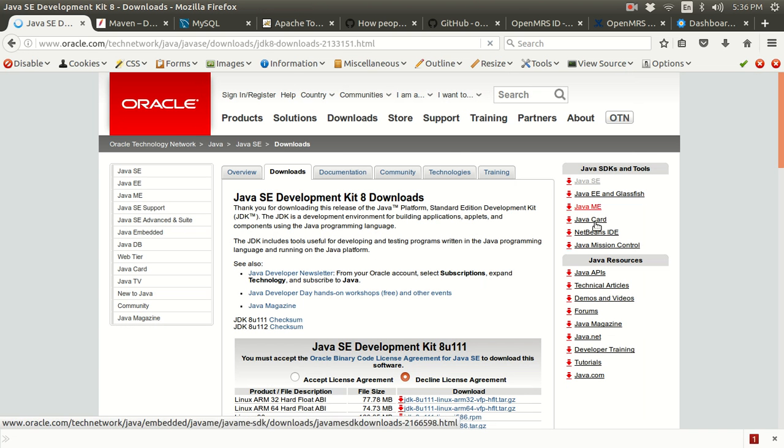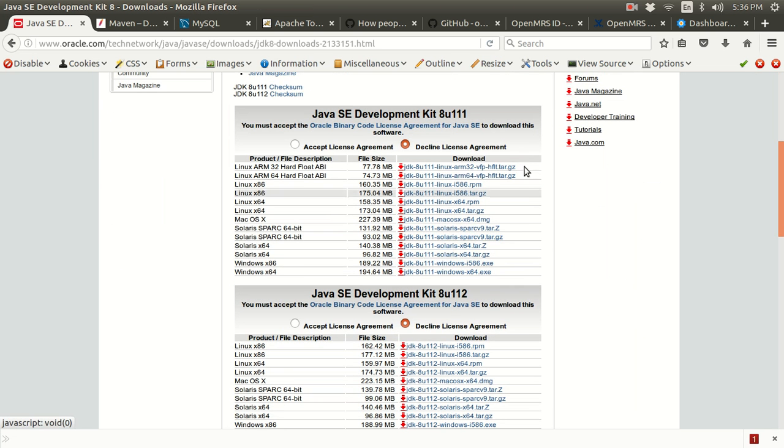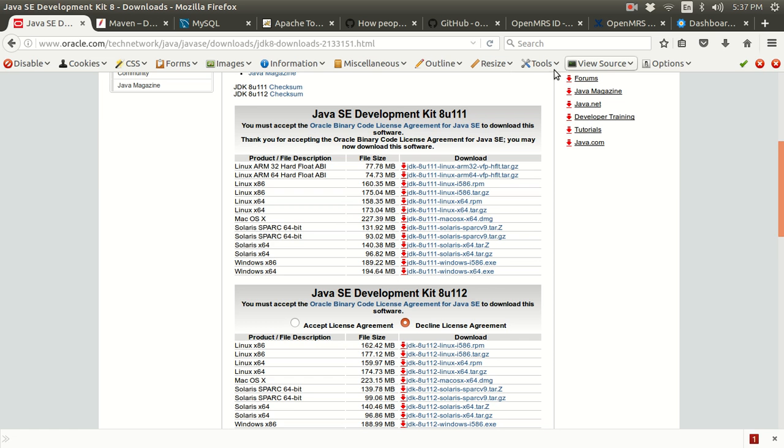and here there are development kits, and the latest version is 8. You take any of the kits according to your operating system. For Linux you can take this, for Mac this, and for Windows this, according to your processor. To download it, you just have to accept the license agreement and click on the link you want to download,